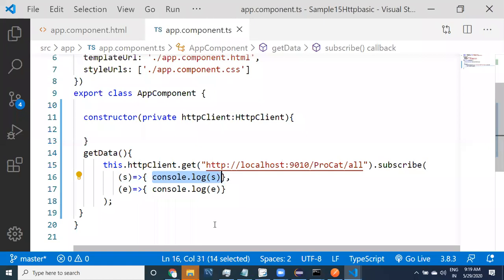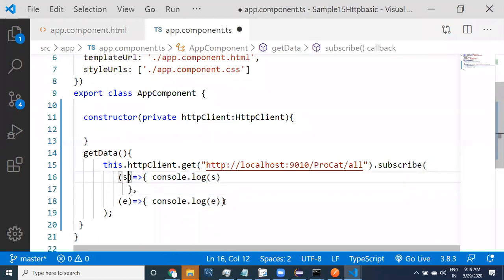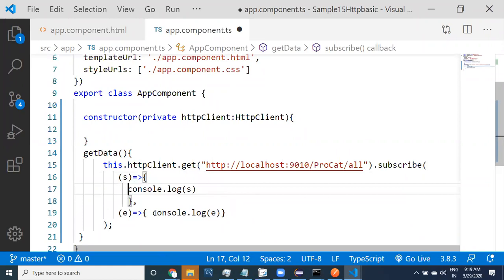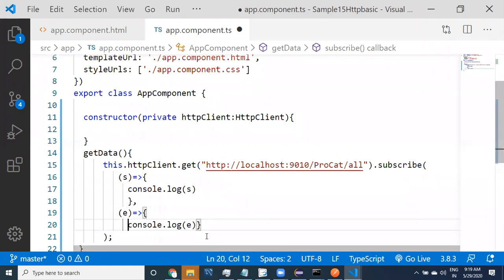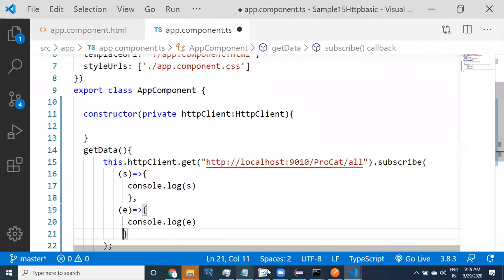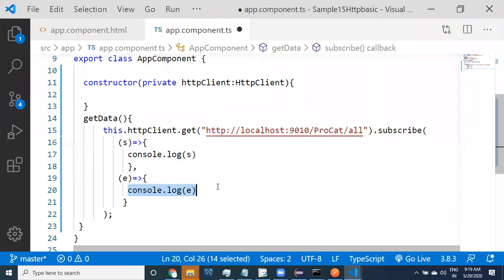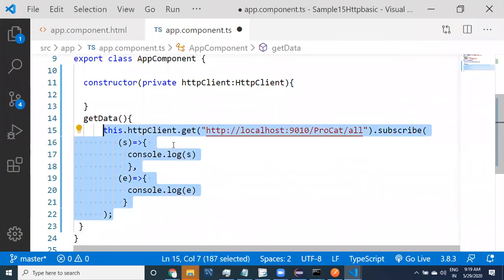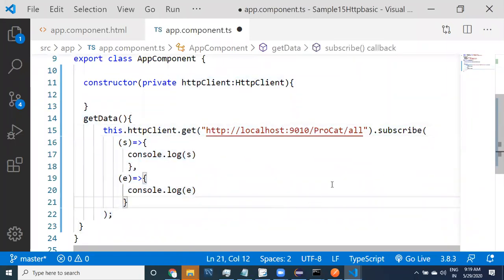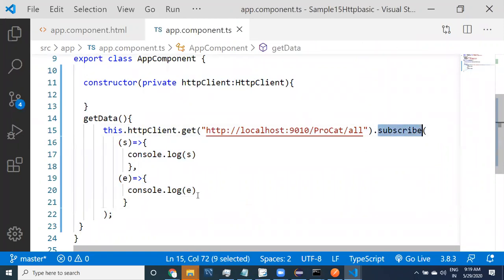After success, whatever we want to do can be written inside these brackets. The same way for failure, the information we want to show to the user is provided here. So this is this dot HTTP client dot get, then subscribe. That's fine, that's good.